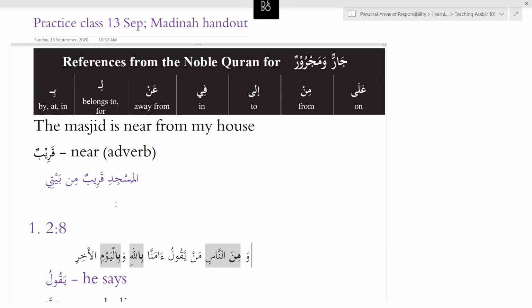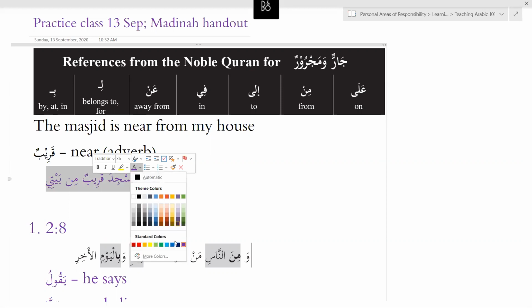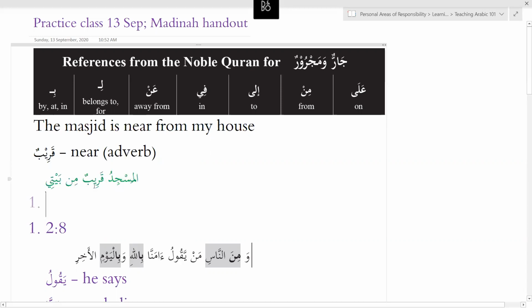It's a very basic mistake. So if you don't find it, you're going to write it. Al masjidu. Very good. There's no reason for it to be Al Masjidi, guys. So it either has to be Masjidun or Al Masjidu. Okay. So never put a kasra unless it is needed. For example, when there's a ya after it, so it will be kasra. But otherwise, never put a kasra or a fatha unless it is required. Okay. Very good, Sadia. So you don't have to write it 100 times. Al Masjidu qaribun min baiti. Okay.